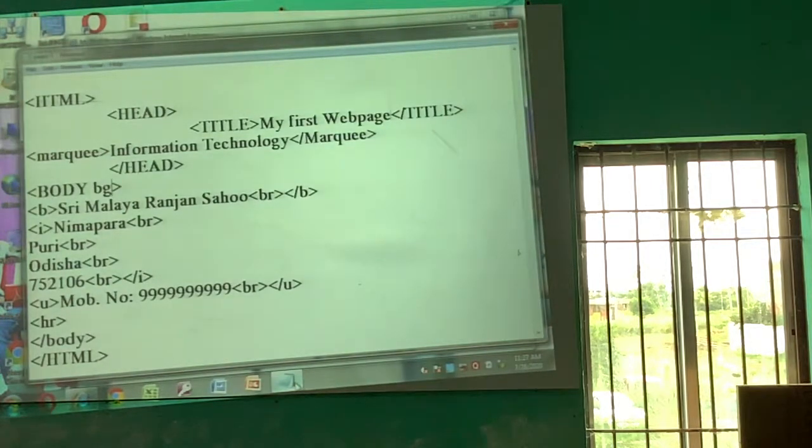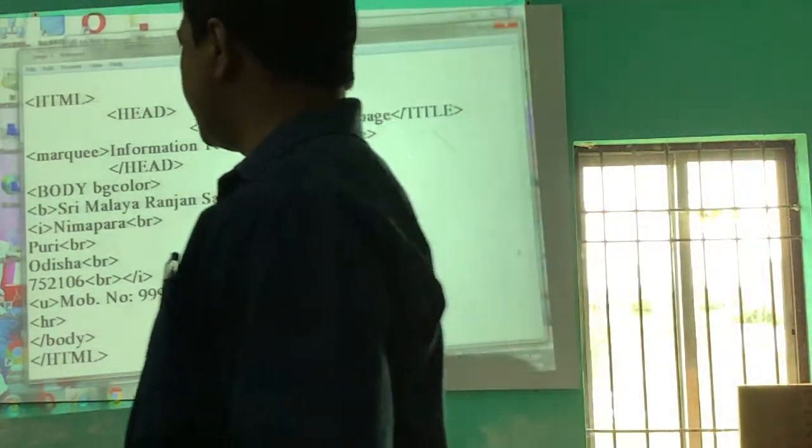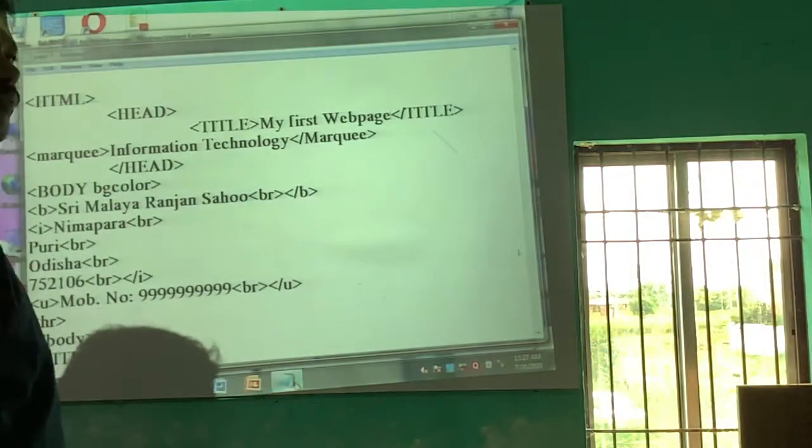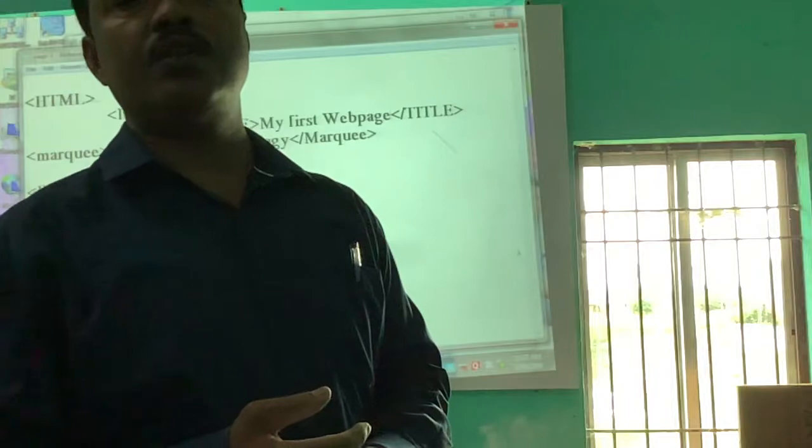Type BG color, COLOR, not COLOUR. Remember, in the English US dictionary, the spelling of color is COLOR.